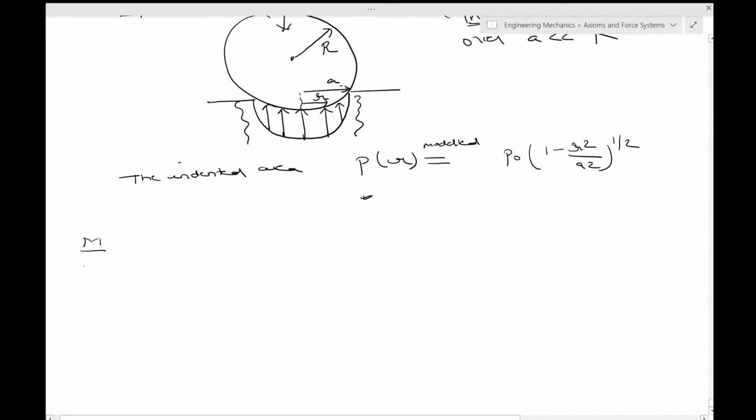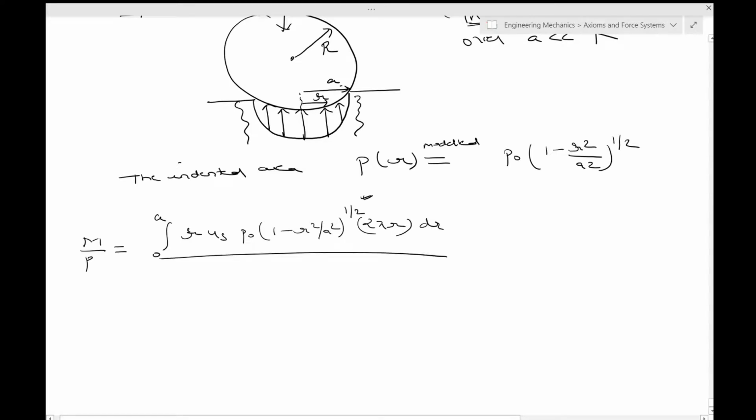So M by P becomes integral 0 to A of R into mu s P naught (1 minus R square by A square)^(1/2) 2 pi R dr, divided by the integral of P naught (1 minus R square by A square)^(1/2) 2 pi R dr. Okay,